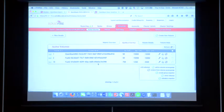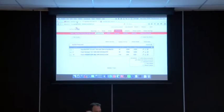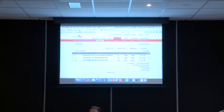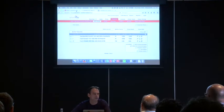From a quality of service perspective, this volume has got 750, 1250, and 2500 IOPS, which we really enforce, and we would be happy to show you if we had more time. Now I would like to focus on the management bit from an OpenStack perspective, and let's say I have this workload and suddenly it moves from dev into production, and I gave it a lower quality of service in development because I want to have clean code and I just want to make sure the application works at a lower performance level, but now it needs to move into production and I need to update the quality of